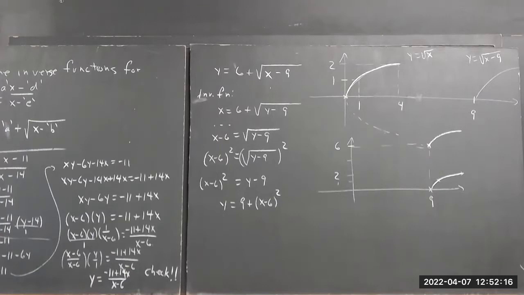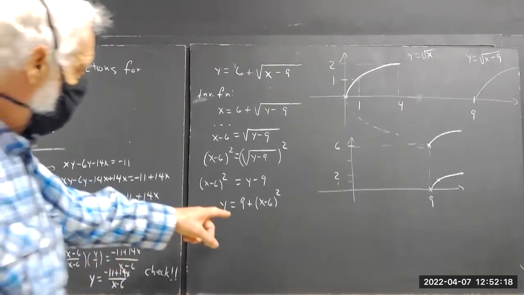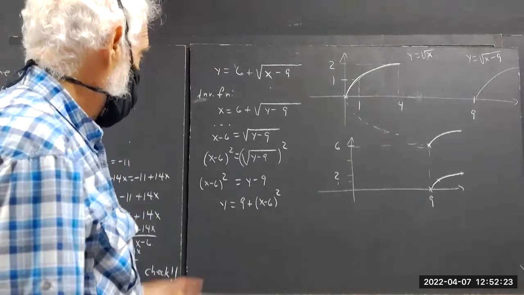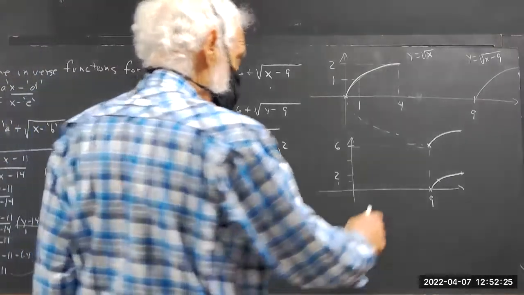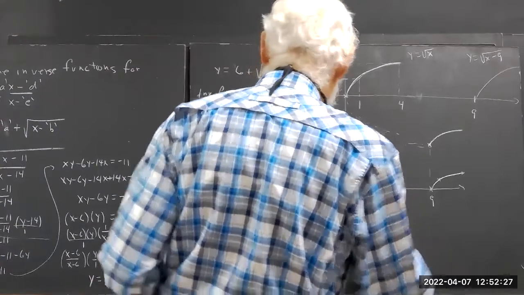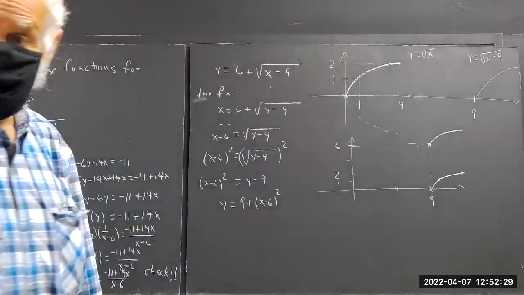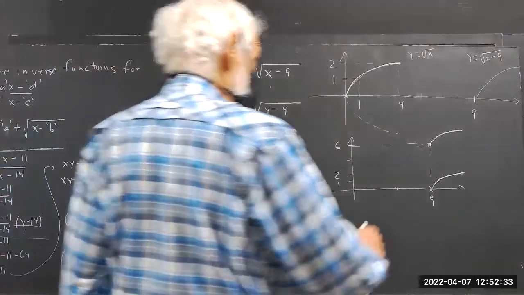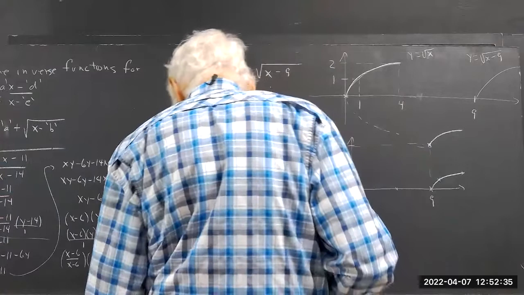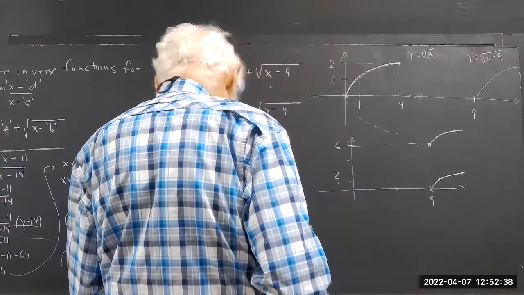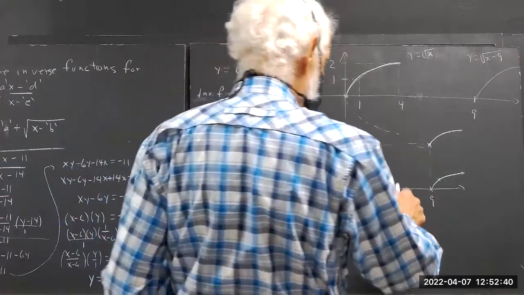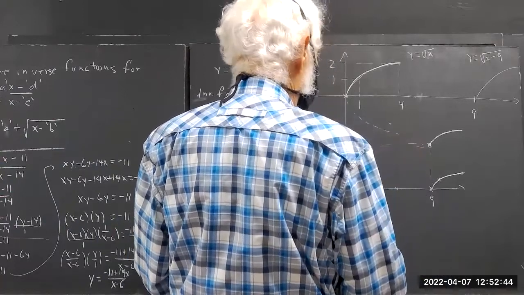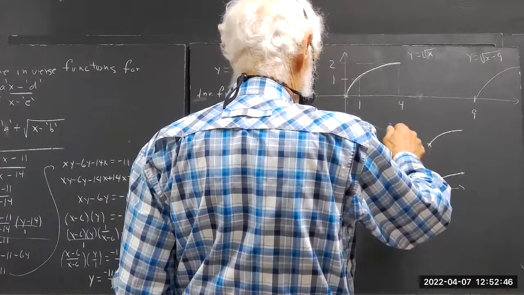Okay. Now, what's y equals 9 plus x minus 6 squared? So x minus 6 squared has its vertex at 6, 0, because you shift it 6 units to the right, and you lift it 9 units. Now 9 units puts it up here, and we don't have a lot of room to graph. I should put this down a little bit lower. Okay, so here's our graph of